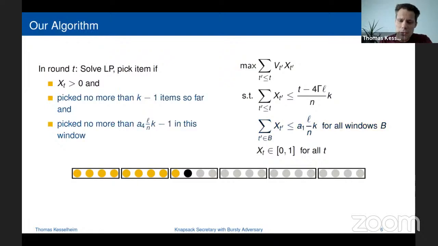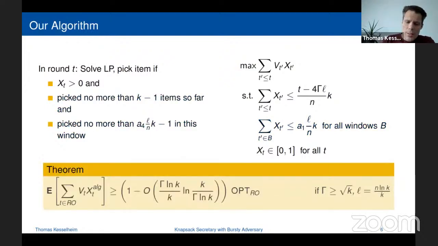For this, we introduce an algorithm which, in contrast to the other algorithms, gives us at least some guarantee, and quite a good one: we get closer and closer to the random order optimum with our selection as the number of selections we're allowed to make grows. We have some further burstiness assumption on the adversary, which I can talk about if any of you is interested.